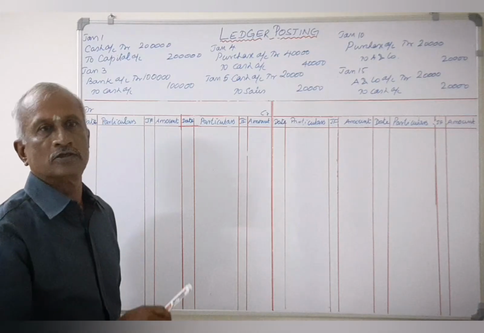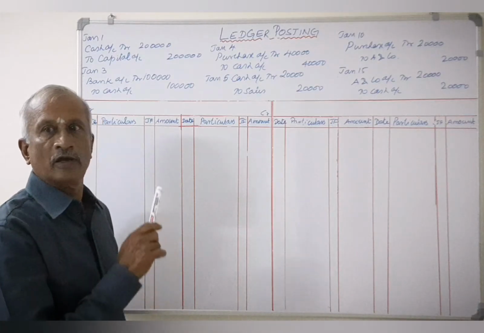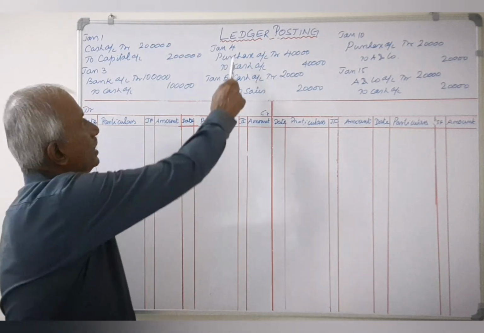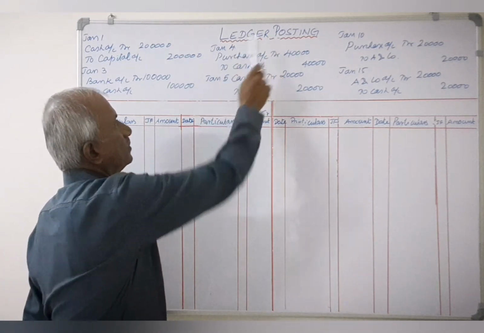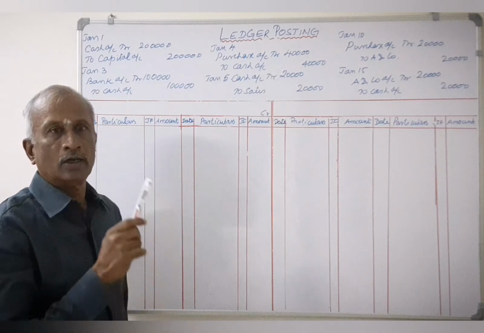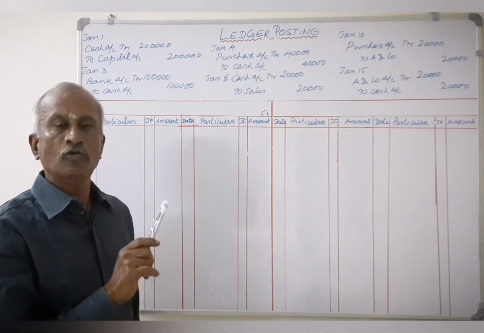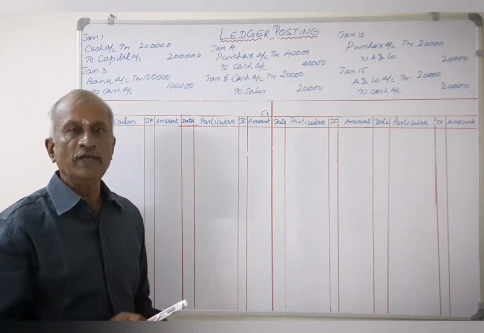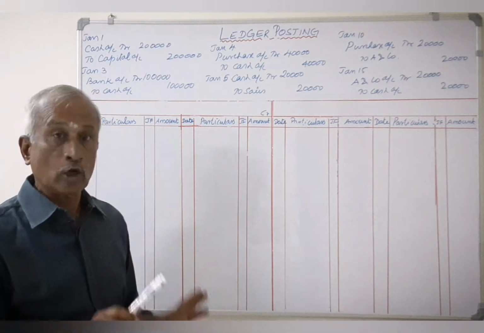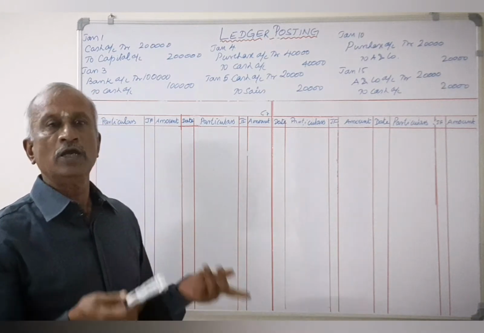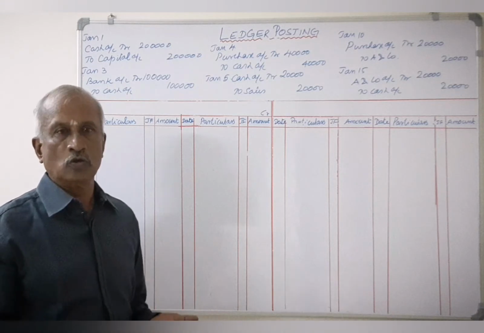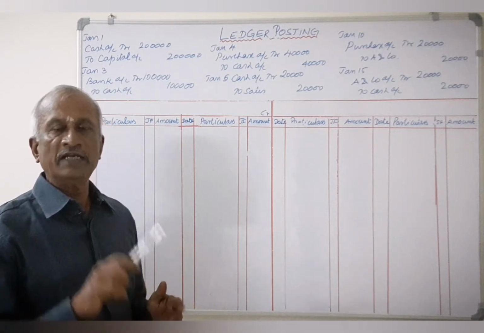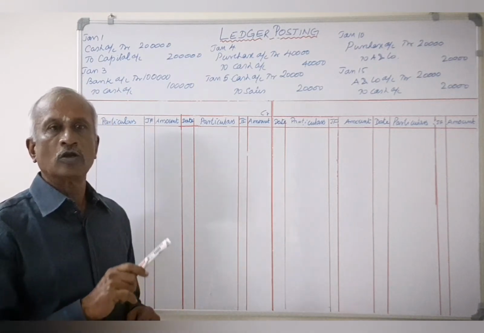In this class, let us learn ledger posting. What is a ledger and what is posting? Ledger is a bound notebook or a register in which all the journals are recorded. It may be in the form of a loose leaf ledger also, in which separate sheets are maintained for posting